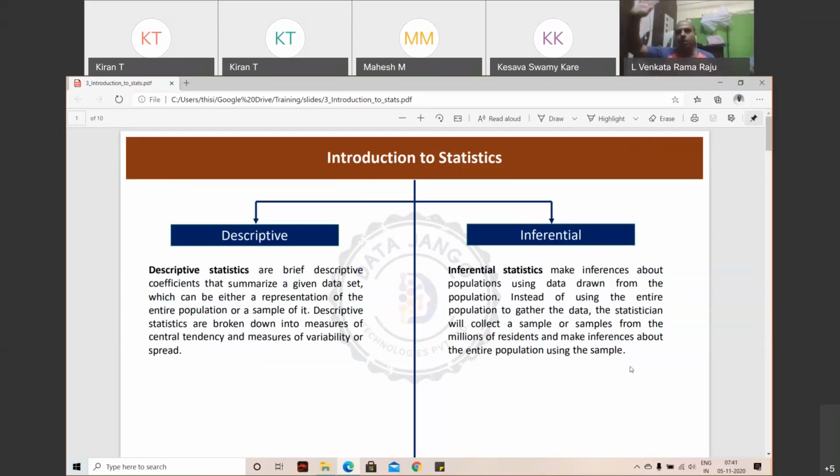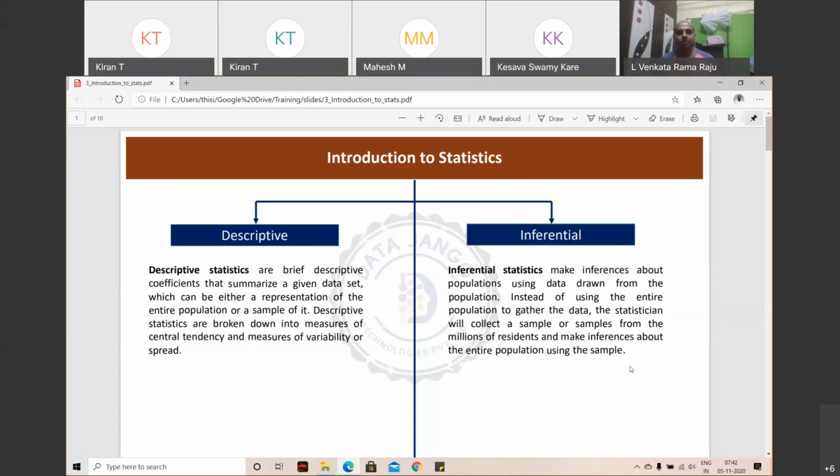The total population is all voters. There are people who don't have a vote and people who have a vote, but all voters are the population for exit polls. Whatever the business scenario you are trying to solve, or the solution you are trying to provide, the target data is the population. So for exit polls, all voters is the population. For mobile users, all mobile users is the population.